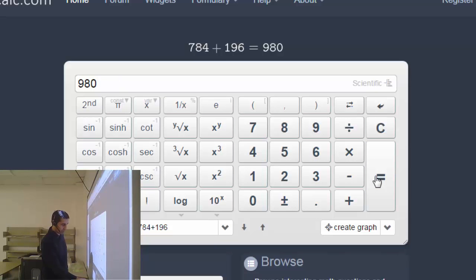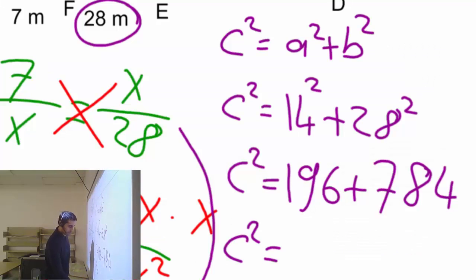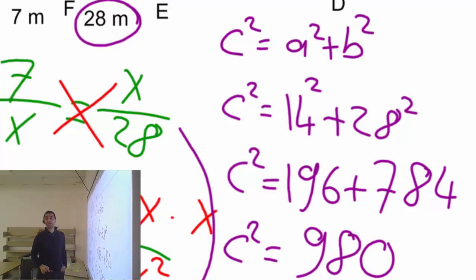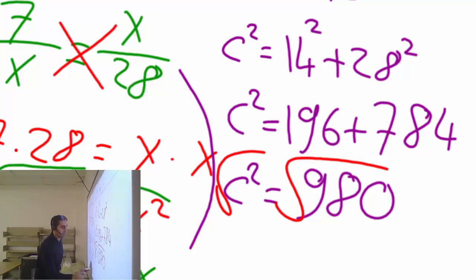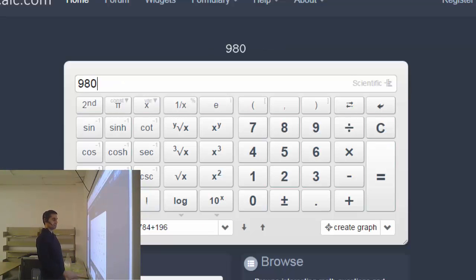So let's write that down. 980, and this is C square equals to that. I am interested in C, not C square. So let's take the square root, and C would be square root of that, which is